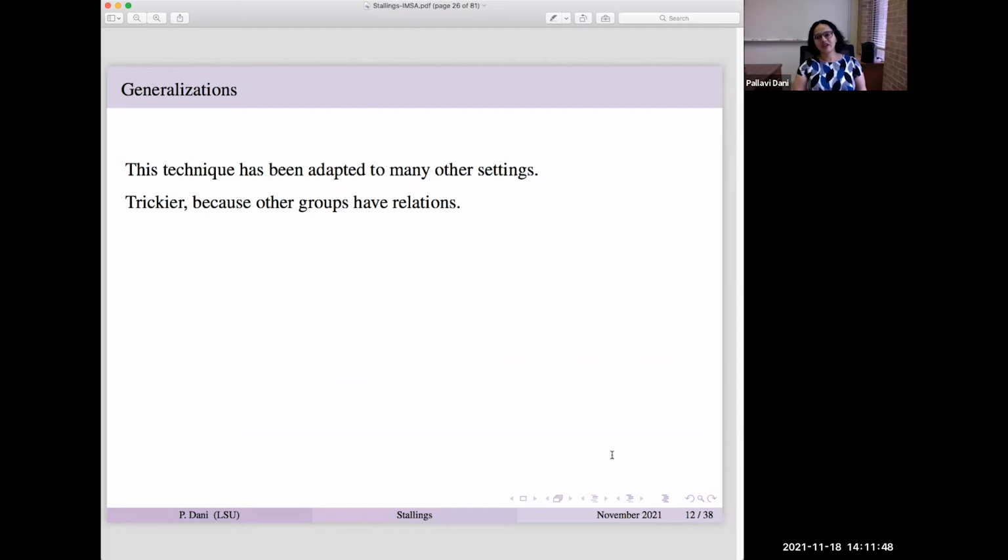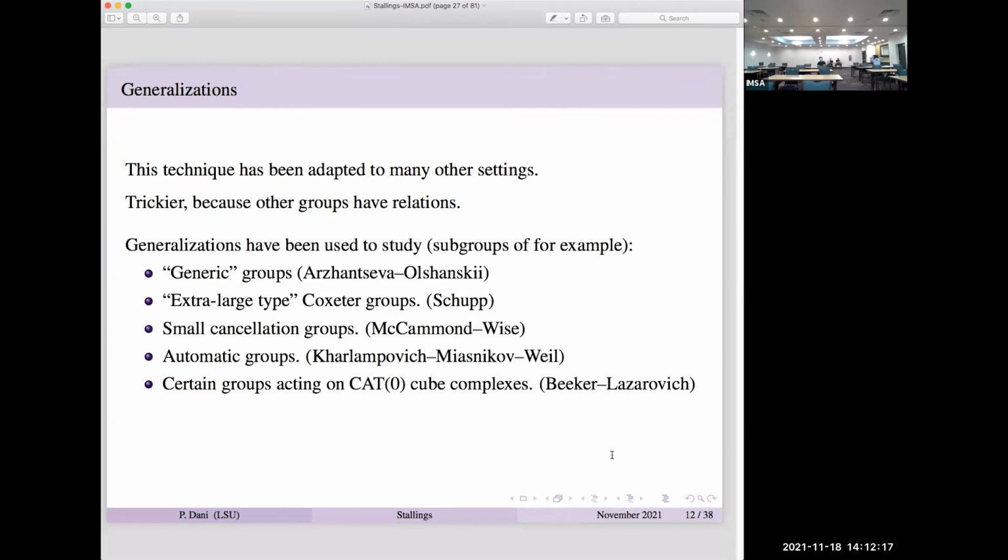This case is a little bit trickier because the other groups have relations, and so you have to deal with the relations. I mean, in the case of the free groups, the terminal object was something whose fundamental group was the graph that you get at the end. And that's what helps with all these characterizations. And so when you have relations, you have to work a little harder to get those same properties. Nevertheless, this has been carried out